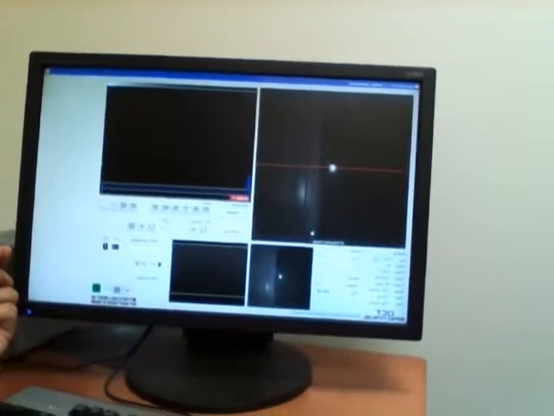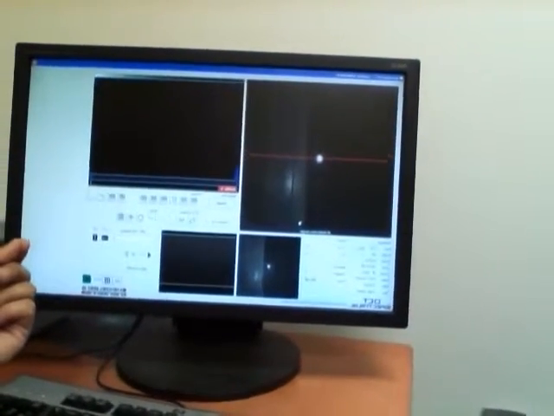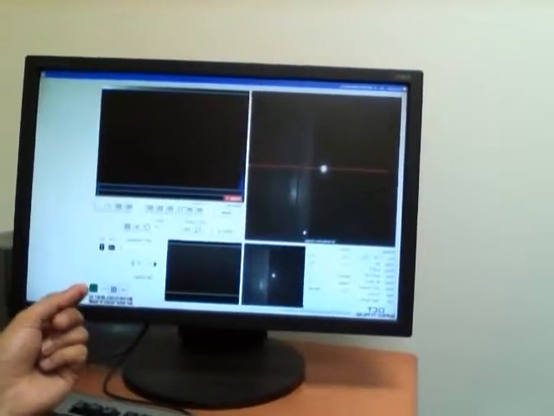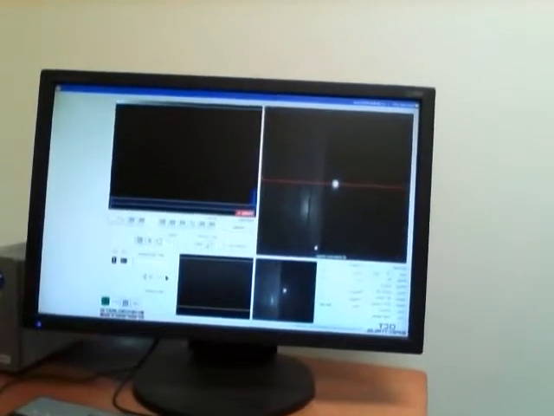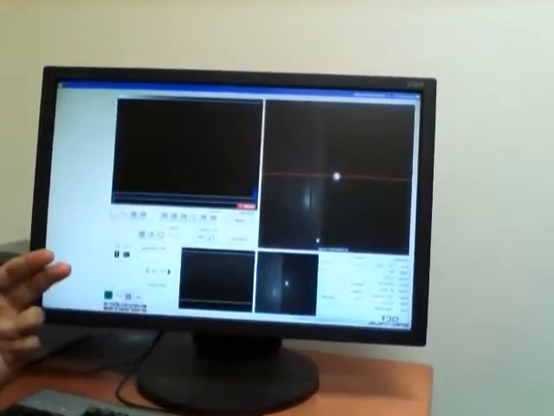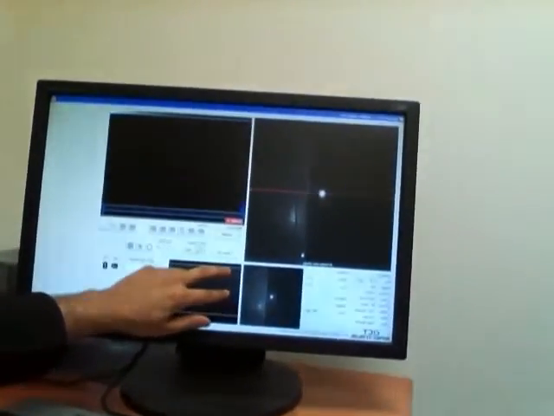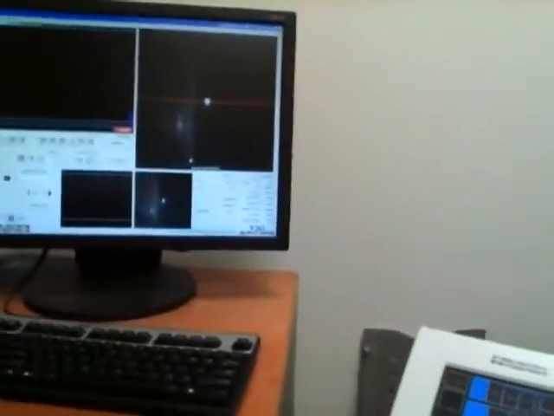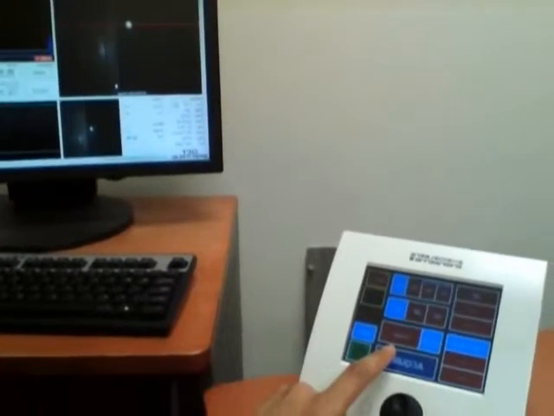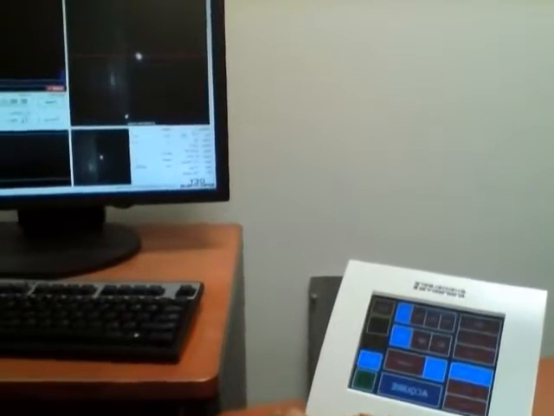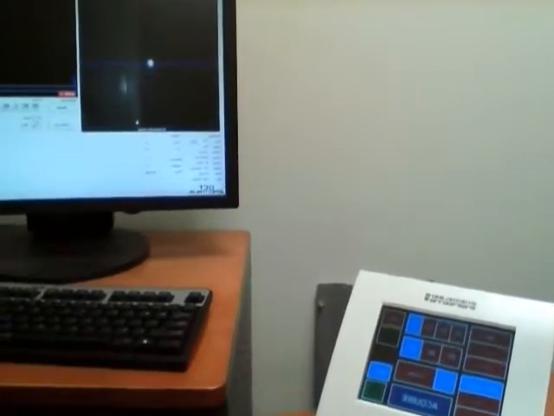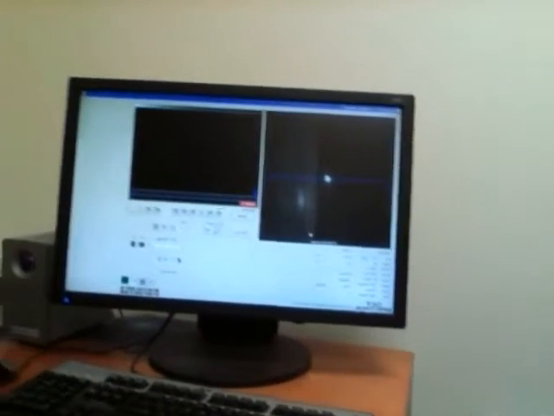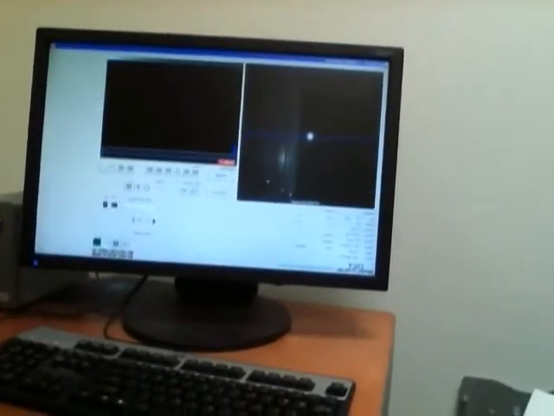We manipulate the bright light, increase, decrease the bright light, change the focal length, use the handle to improve more quality. Okay, when the image is within that box, we hit on acquire. After acquire, we defreeze it. Okay, when we defreeze, it will disappear. The same thing we do for other images.